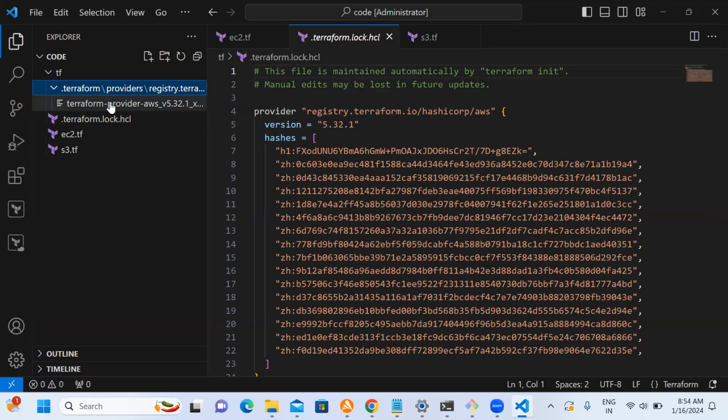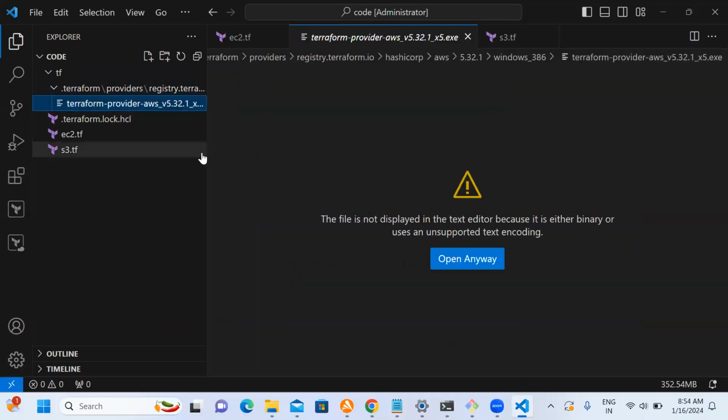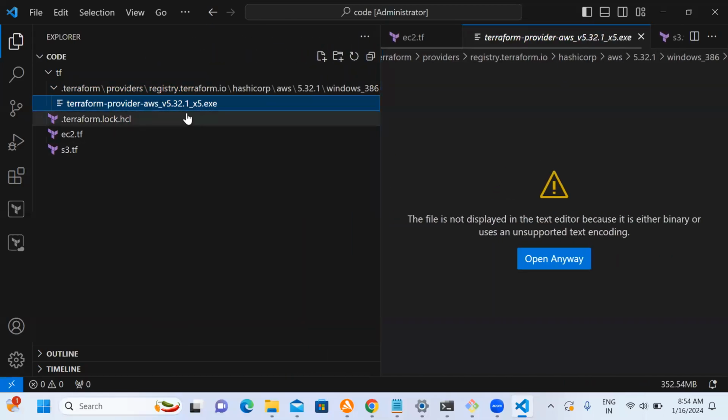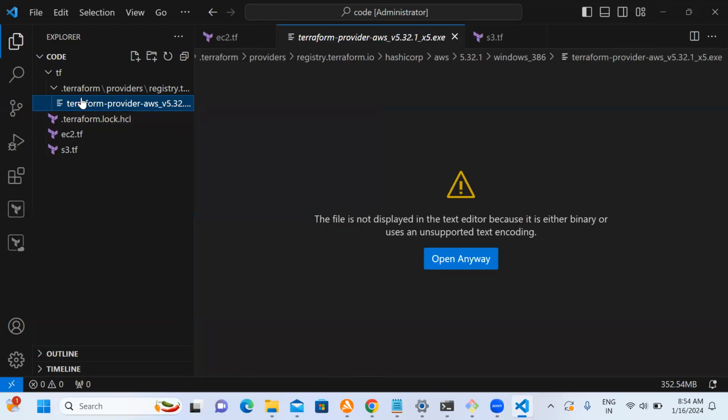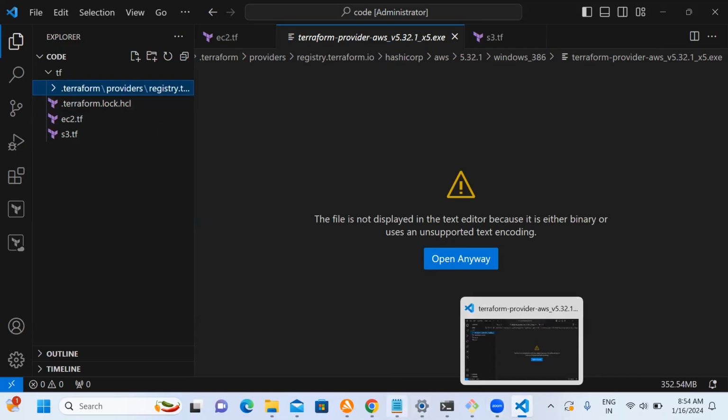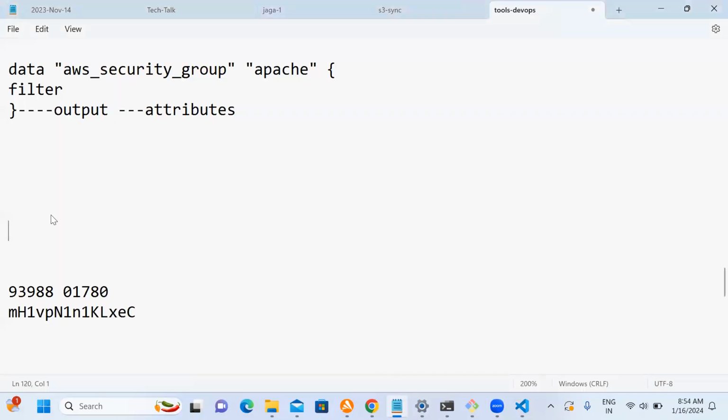Okay. Now check it here. This is the plugin. This is not code; this is the Go language based plugin. So you got two things: one is the lock HCL file and another is the plugin folder, called plugin Terraform. One of your interview questions: